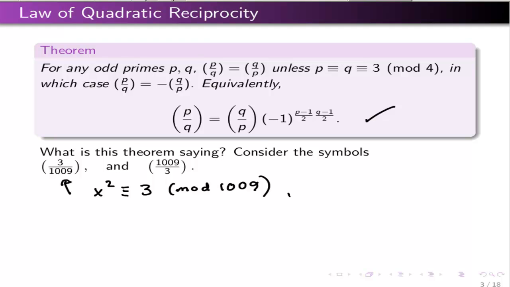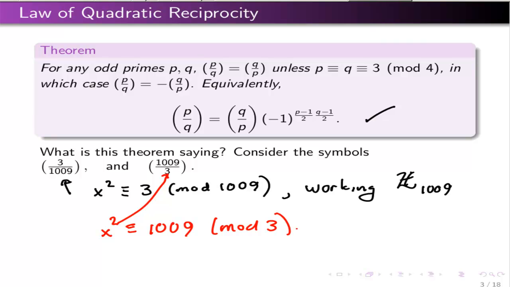And so we're working in the finite field Z mod 1009, a field with 1009 elements, and we want to know, is 3 in the subgroup of squares? For the second symbol, we need to study x² ≡ 1009